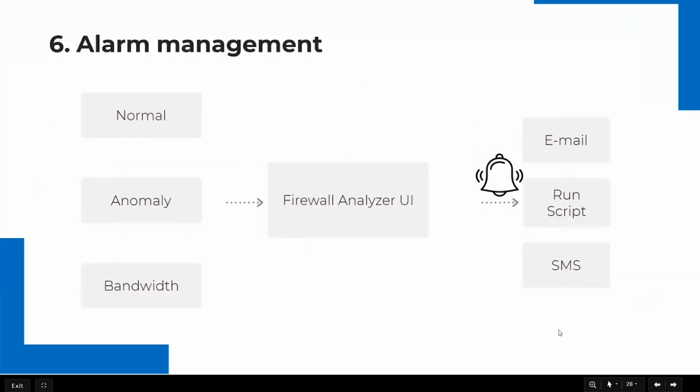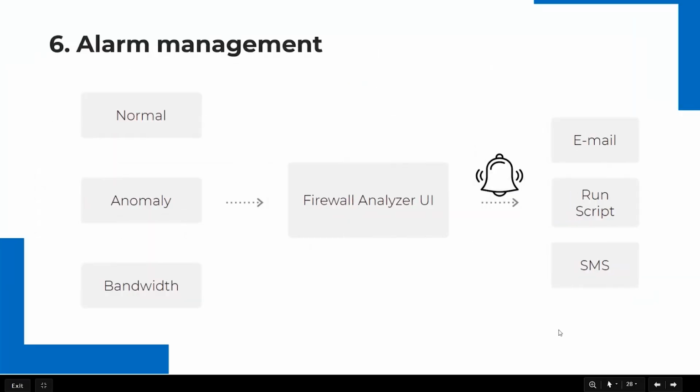So we have come to the final section of this webinar, and we will be looking at the alarm notification feature. This is a highly beneficial feature as it helps you identify security events in real time. In Firewall Analyzer, we can configure three types of alarm profiles. The normal alert, which is a real-time alert for a specific activity, and then we have the anomaly alert, which